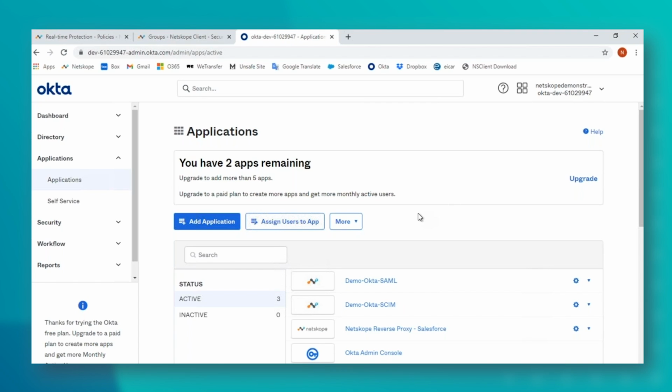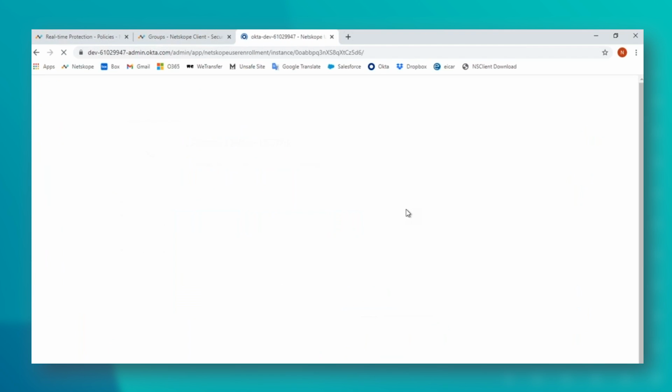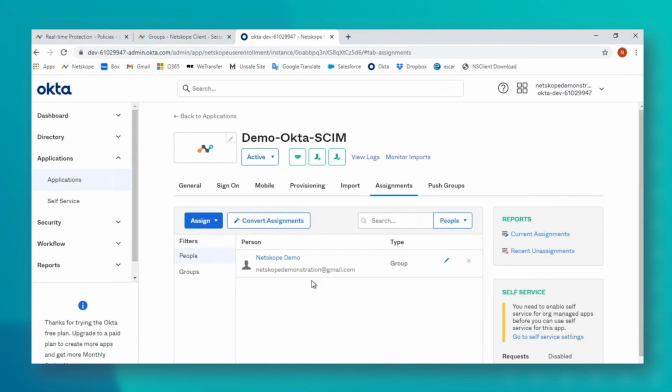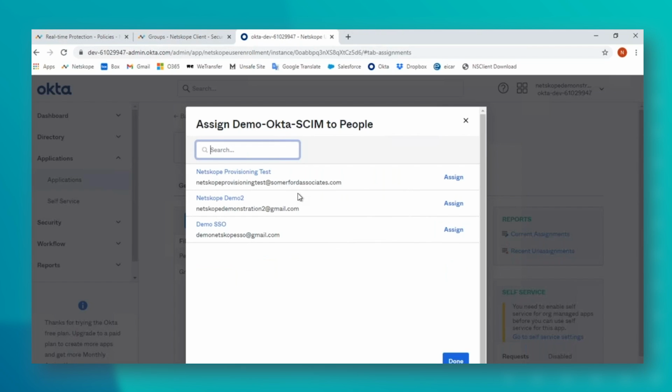I have configured this SCIM for user provisioning, where we're going to take users from Okta and push them over to the tenant. If I go into it, we can see that we have one user in there at the moment. I can add another user, which is this Netskope demonstration 2.